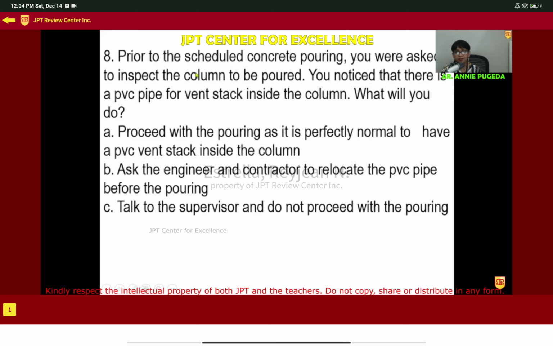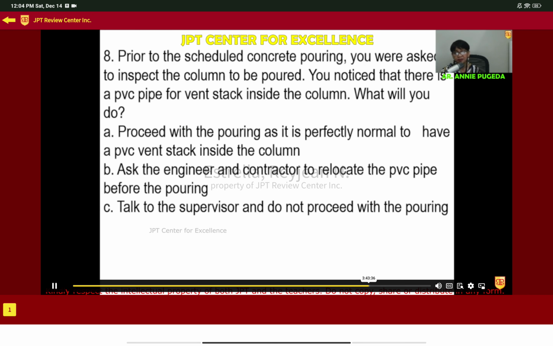So, okay, prior to the scheduled concrete pouring, you were asked to inspect the column to be poured. You notice that there is a PVC pipe for the vent stack inside the column. What will you do? Again, nangyayari din po ito sa tunay na buhay, pero siyempre conventional na naman yung tanong. Therefore,